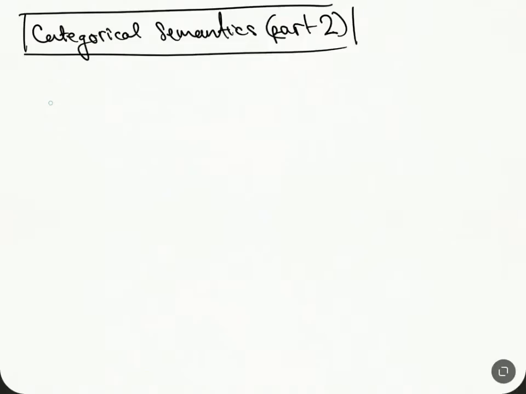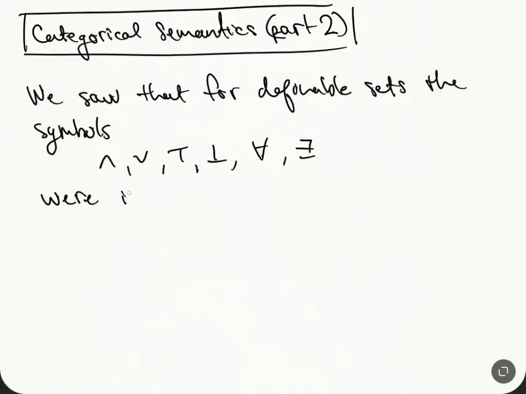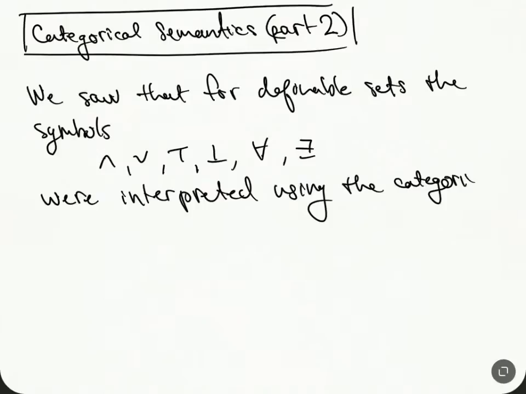And so we saw before that in sets, for definable sets, the symbols and, or, true, false, and then for all and there exists were interpreted using the categorical structure of sets. So our goal now is to replace sets